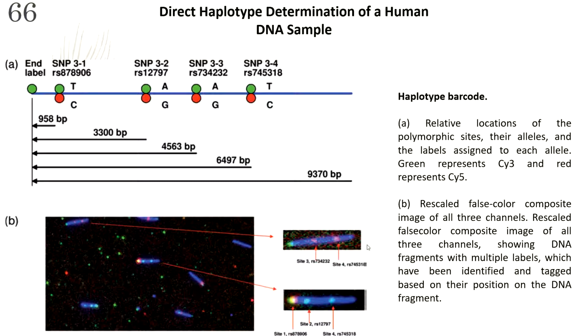Now, this particular figure is the false color composite image of all three channels from a typical experiment with this DNA sample, and they were taken from an individual who is heterozygous at all 4 SNPs. Most of these DNA fragments are fully stretched, and some fully stretched DNA molecules show more than one internal level. Can you see this? This is showing more than one internal level.